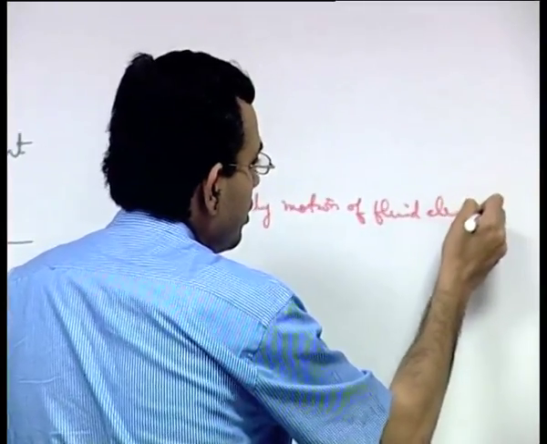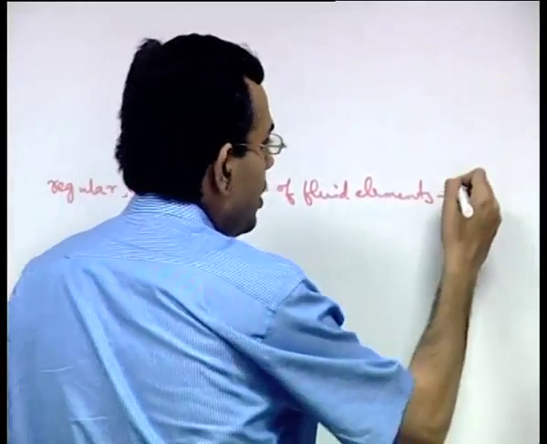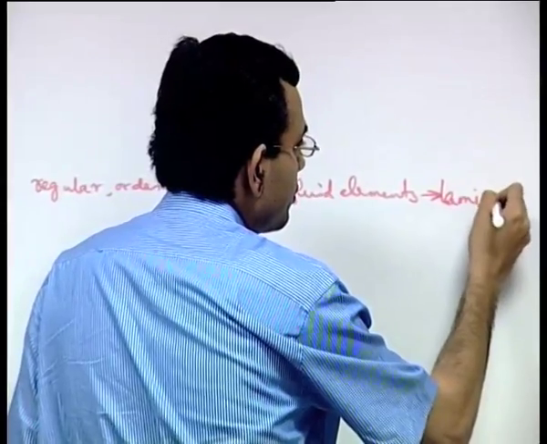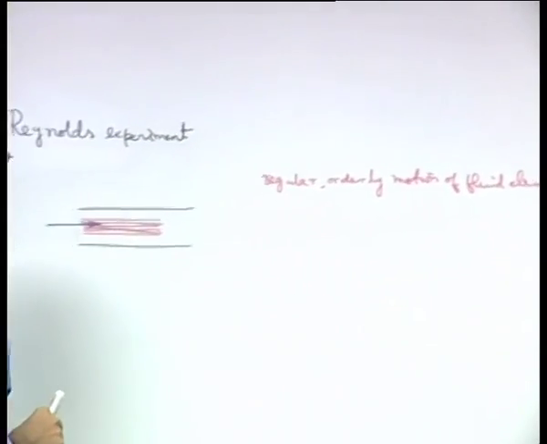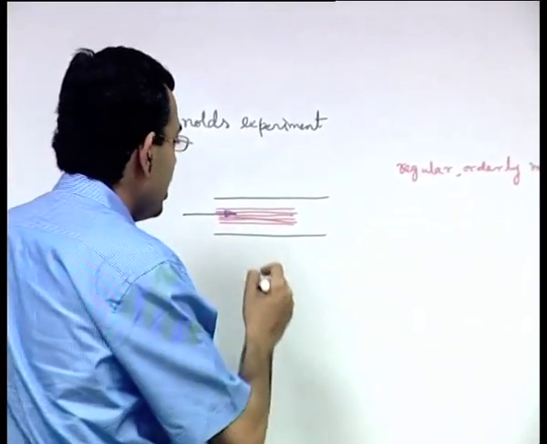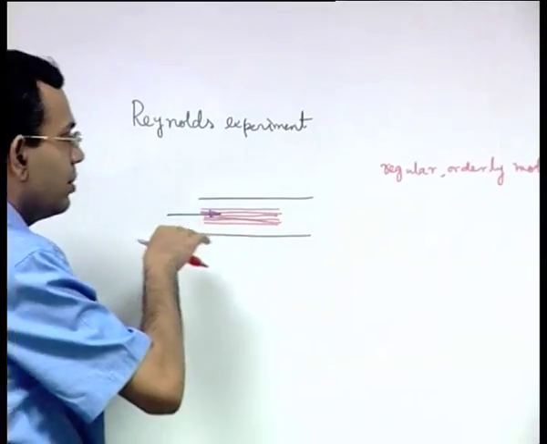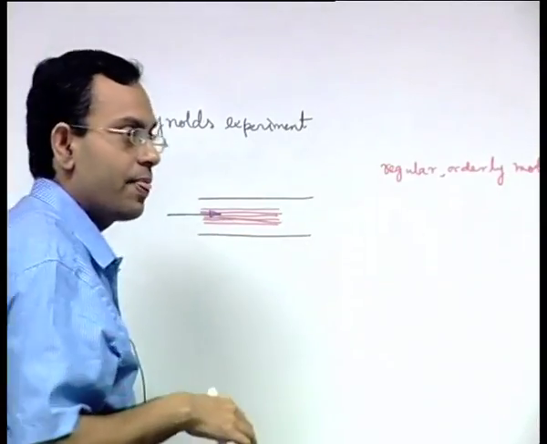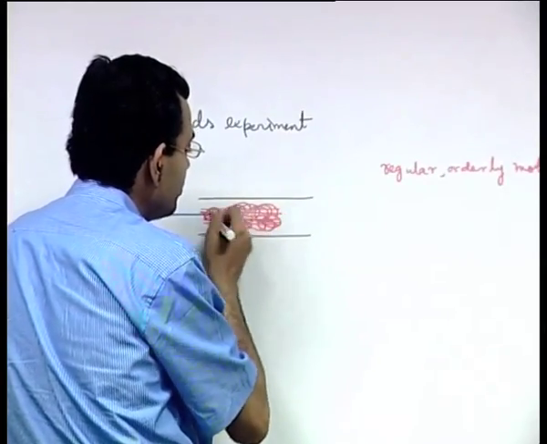This is what we usually call laminar flow. Remember, these are not formal definitions, these are just some qualitative understandings of what we are talking about. Now suddenly, as you increase the velocity of flow, what is seen is that these dye lines no more remain in a layered manner, and they somehow tend to get diffused and mixed in the flow.